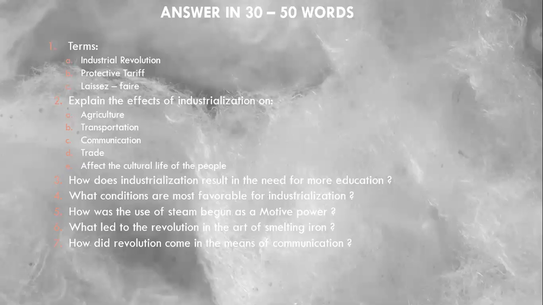Then, effect of industrialization on the means of transportation. Industrialization also affected the means of transport. Macadamized or pakka roads were built for the safe and fast transportation of goods. Navigational canals were dug up so as to carry goods and passengers. These canals were also used for shipment of coal from the mines to the factories. The steam engine was used to run railway trains and steamships, which sailed across the ocean.